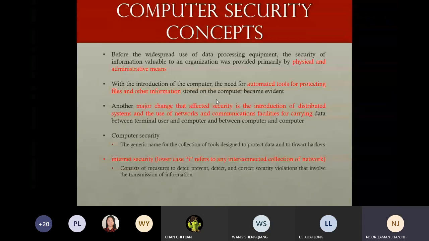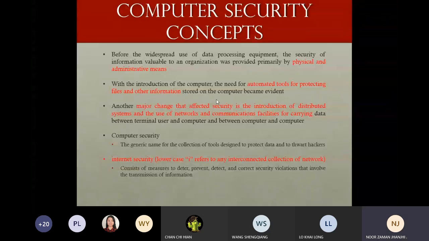Then what happened? The internet was introduced, networks were introduced. So new types of challenges and new security issues came with this. Previously we were only supposed to handle security issues for data stored on our machine, which is easy because it is limited. But now we must do that as well as while our data is transferring from one machine to another. So a network part, a communication part, is also there. That's why we say computer and network security.